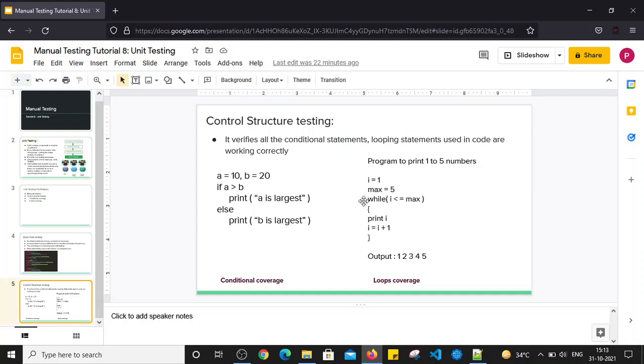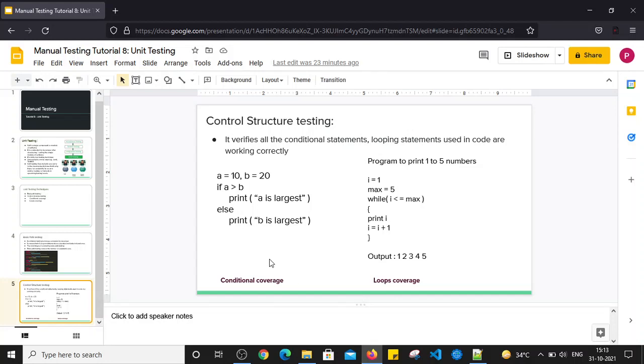And what will the developer check during the loops coverage, during the unit testing process or the control structure testing? The developer will simply check whether changing the values of the maximum, or whether these conditions are working correctly or not, whether the loop statements are working correctly or not. That will be checked by the developer during the loops coverage in the control structure testing, right?